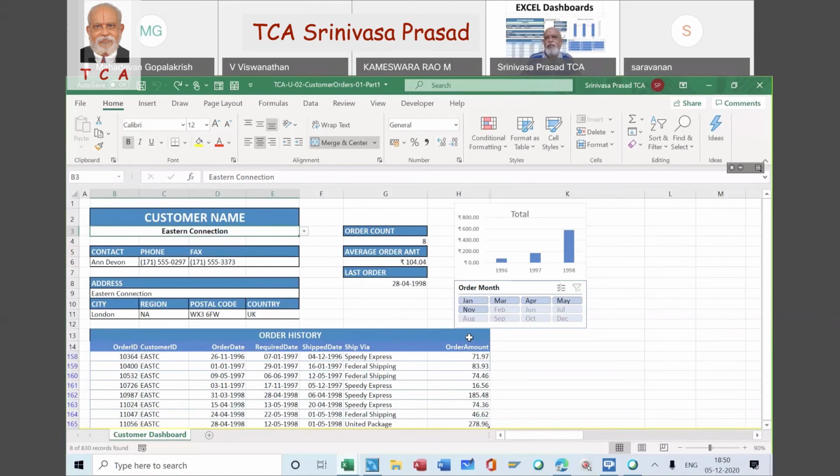We ensured that I didn't want the customer name and the month, because customer name is available here and month is available here. Then I hid all other worksheets, and I ensured that aesthetically this has become all right. This much we have done.